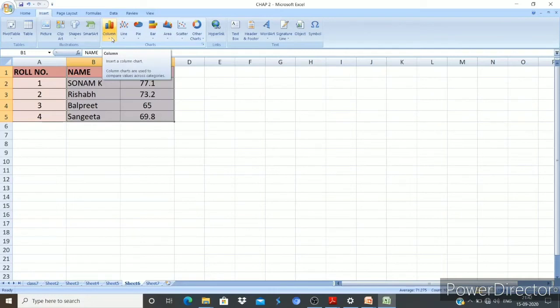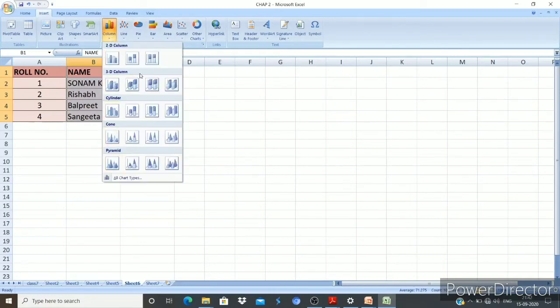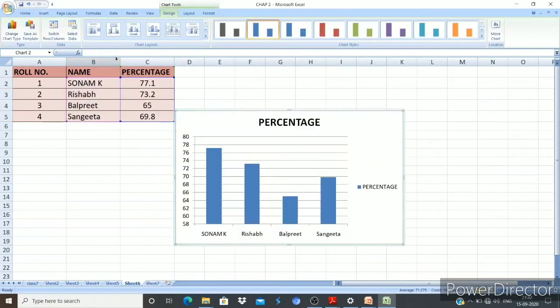So column chart को insert करने के लिए यहाँ पे क्लिक किया. यहाँ पे आप लोग कोई सा भी चूज कर सकते हैं. ठीक है, आपको कौन से शेप में चाहिए. अगर 3D में चाहिए 3D में, सिलेंडर में चाहिए सिलेंडर में, अगर कोन के शेप में चाहिए तो कोन के शेप में. ओके, फर्स्ट वन मैं आपको बता देता हूँ 2D। तो 2D कैसे करेंगे? सो 2D कॉलम करने के लिए जस्ट उसको क्या करना है, क्लिक करना है।